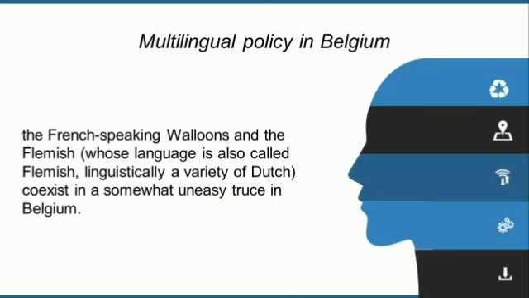multilingual policy in Belgium. The French-speaking Wallons and the Flemish, whose language is also called Flemish. Linguistically, a variety of Dutch coexists in a somewhat uneasy stretch in Belgium. Since the Kingdom of Belgium was founded in 1830, to this day, the two large ethnic groups, each of which controls half of Belgium, namely the Flemish of Germany or Northern Europe, who are closer to Dutch culture,